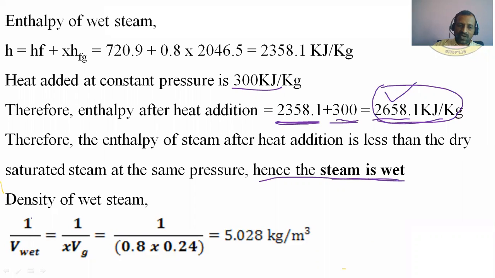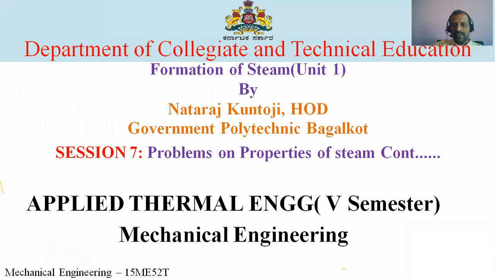Density of wet steam is 1 by V wet, which is equal to 1 by x Vg. V wet means the specific volume of wet steam. How do you find it? The specific volume of dry saturated steam is multiplied with the dryness fraction. So then find 1 by 0.8 into 0.24, which is equal to 5.028 kg per meter cube. This is the density of the steam. So thank you. This is the end of the